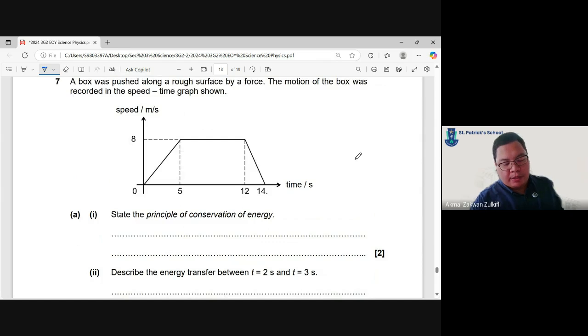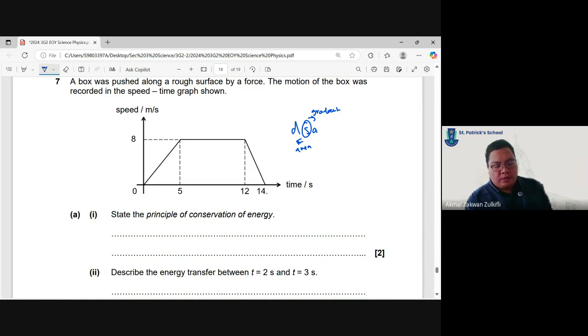So they give you a speed-time graph. I see this, I'm going to write DSA first. I know this is my gradient if I want my acceleration. This is if I want my area. Just have this habit. Just write it down first. You may need it, may not need it. It's okay, just write it down first.